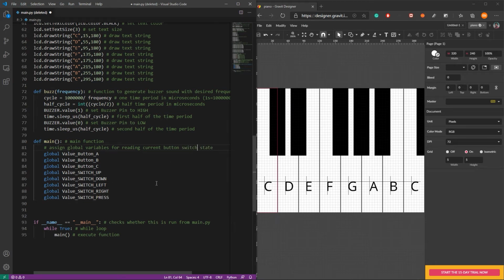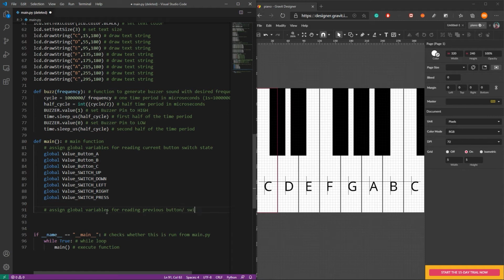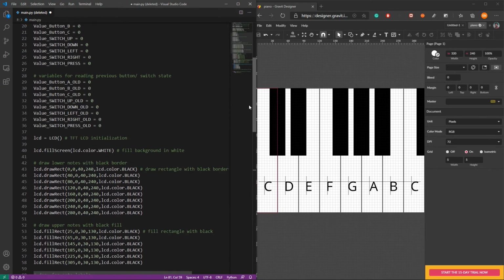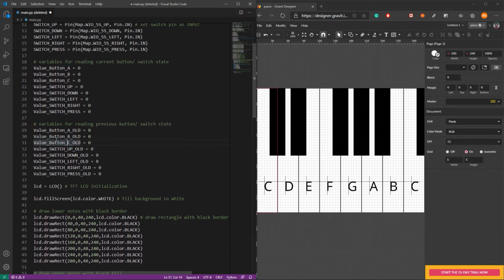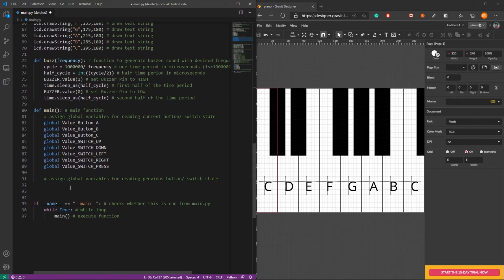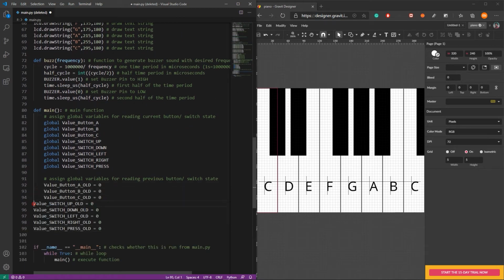Now assign global variables for reading the previous button and switch state. So let's do the same like before. Go back to this, copy this, paste here and make them global.